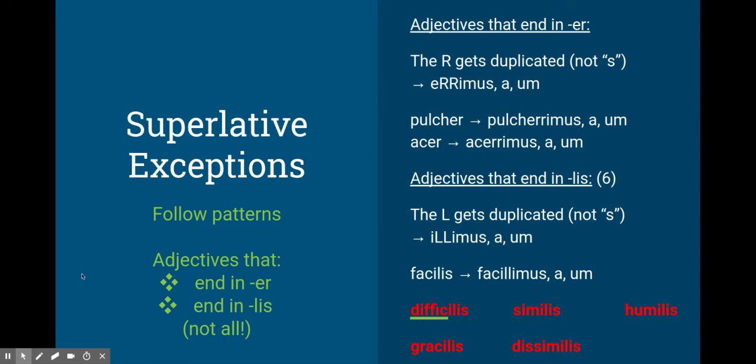There are a couple of exceptions to the issimos rule, and it really just has to do with the stem of the original adjective. So in this adjective that has an R at the end, we're going to duplicate that R and it becomes erimus. We've seen pulcherimus, acerimus, miserimus, stuff like that. A handful of adjectives that end in L, not many of which we've seen so far, have the L that gets duplicated. However, you should note that even though these are sort of exceptions, you still have